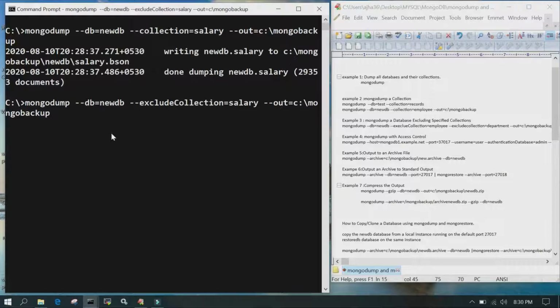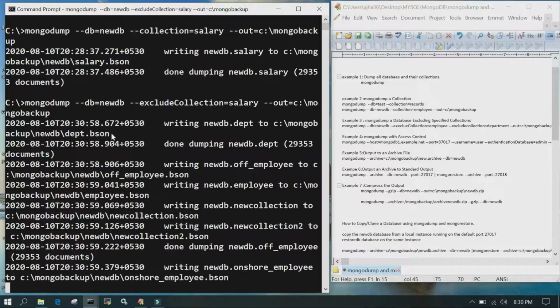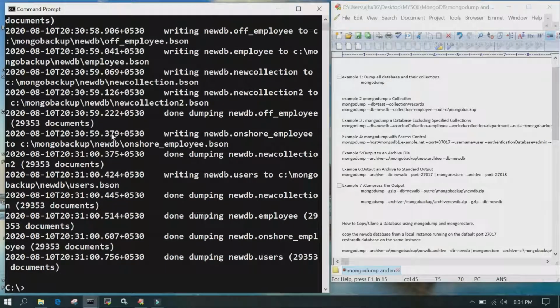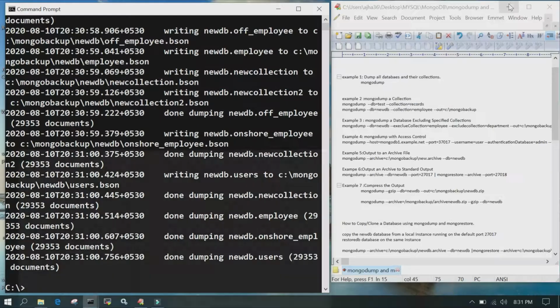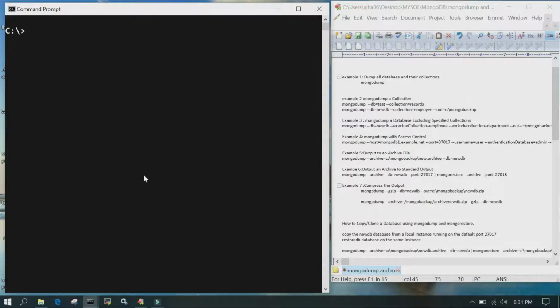So it is going to take a backup of everything other than salary. Just go to NewDB, and you can see there is nothing starting with S, and we have seen how to use the exclude command. The next thing we can see as an example is how to take the backup